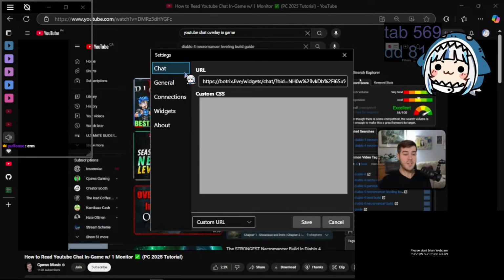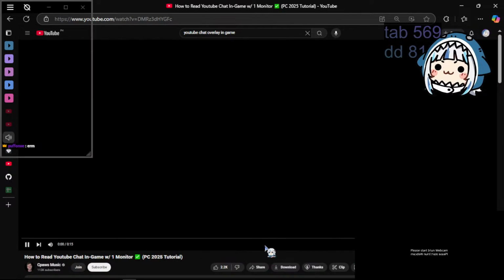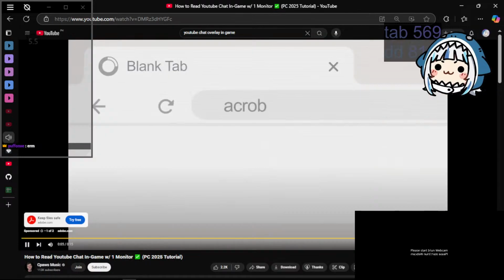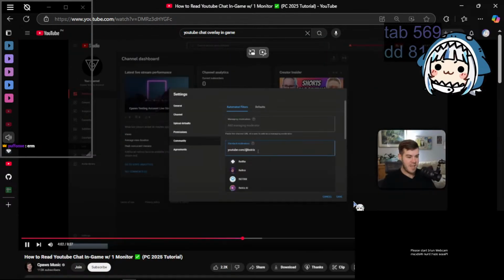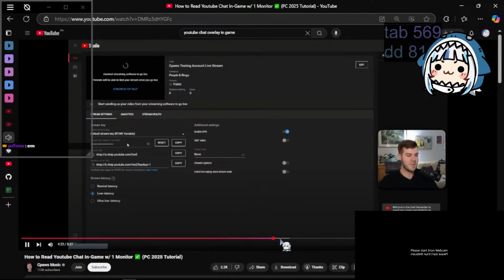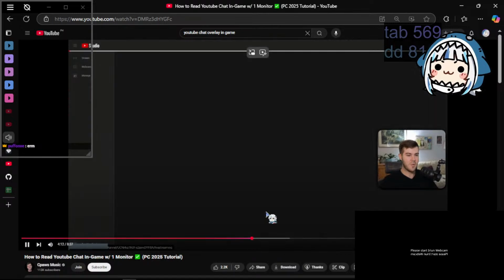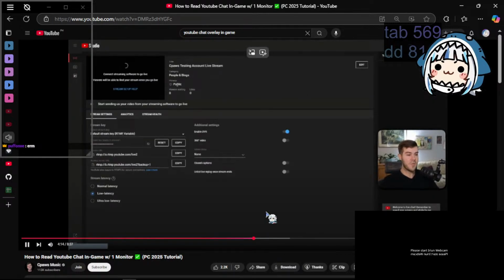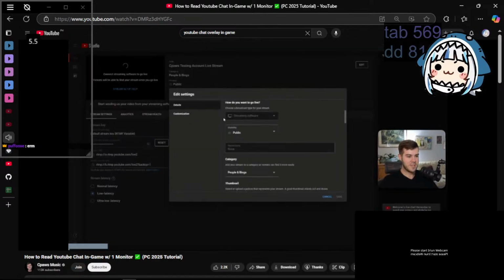But once you're logged in, go to the top right corner and then go to YouTube Studio. From here, we'll go to the bottom /@botrix, hit enter to go into your YouTube stream. Then all you have to do is copy your little stream key and go down and change it to public. Hit go live. From here, you want to make sure that your privacy says public, which will allow Botrix to go into your YouTube messages so we can read them. So if you don't know how to change it to public, edit, and then you can go down and change